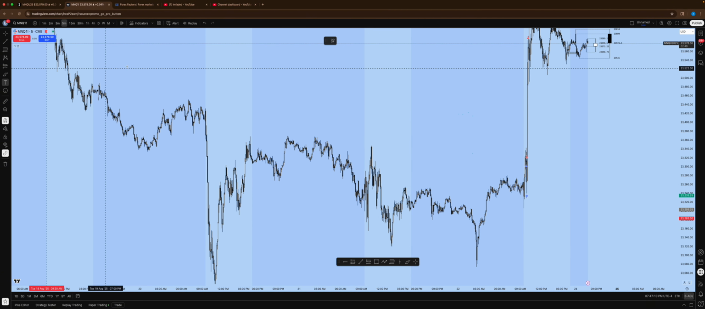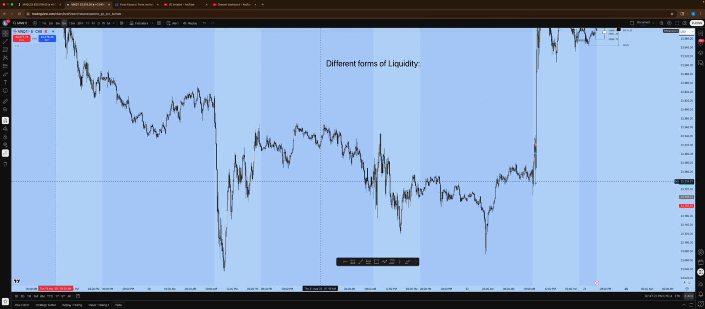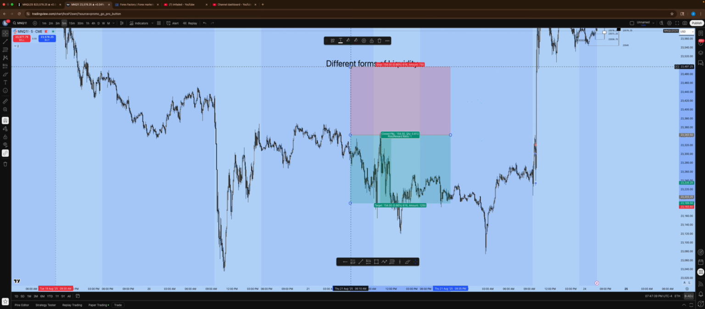Today I'm gonna be explaining just a couple different forms of liquidity. Gonna be explaining what liquidity even is, why it's important, and how it works in general. So how liquidity works in ICT, which is what I use, is basically retail traders see highs and lows